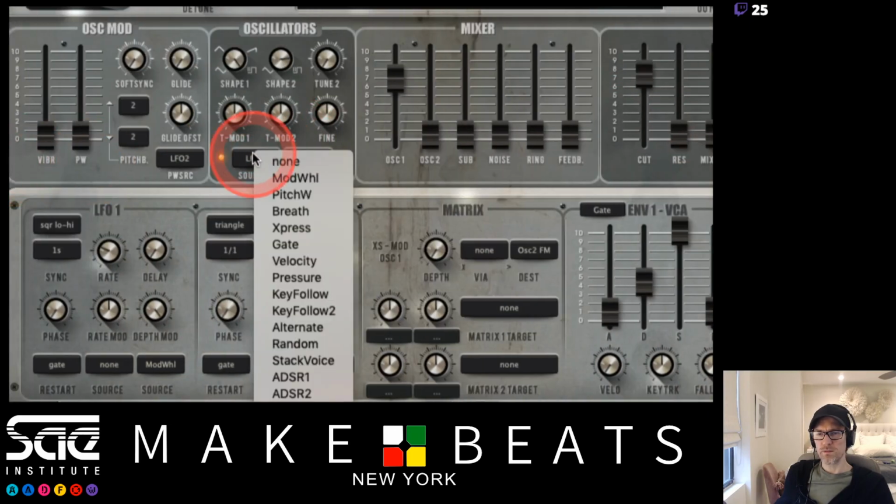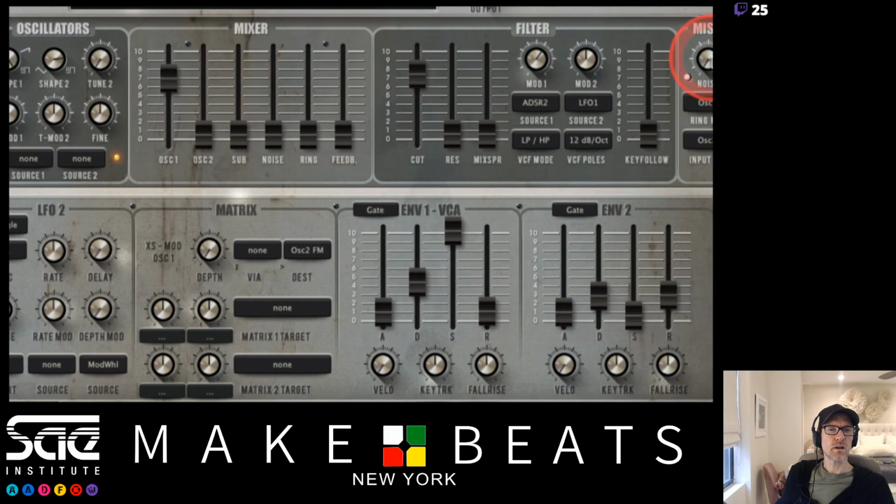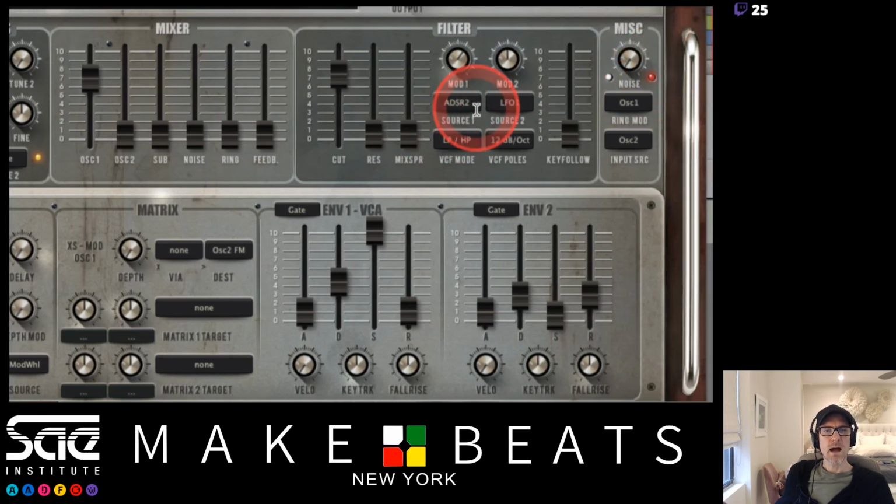And then I could also go over here. Let me go ahead and turn that off. I don't want the LFO affecting my pitch here. And then what I could do is I can go over here to my filter, and I can say, okay, I want the LFO to affect my filter here. So, all right, so there's my sound. And let's get the LFO to adjust that. So right now you can see it's set for LFO 1. So if I turn this down,